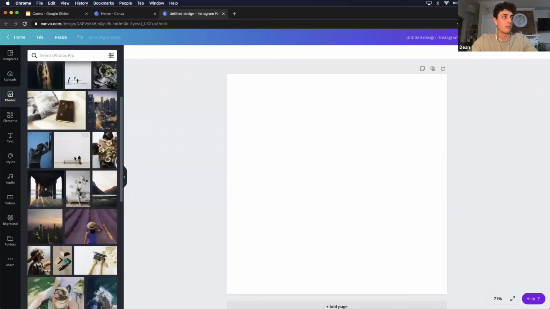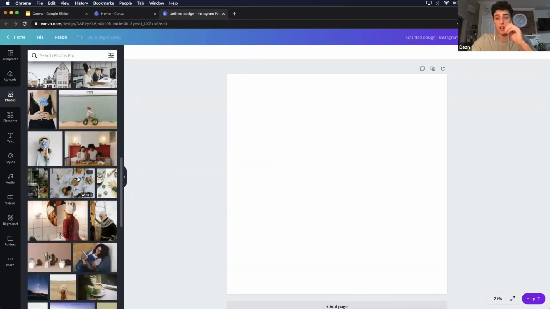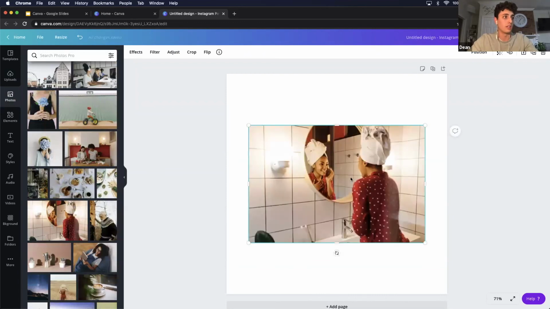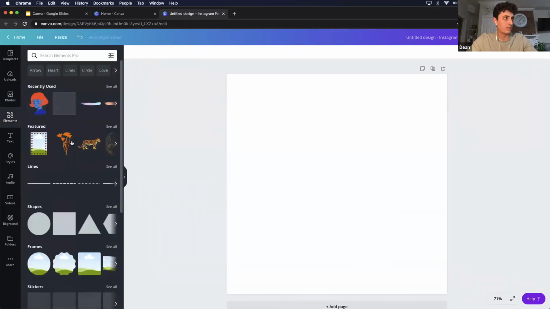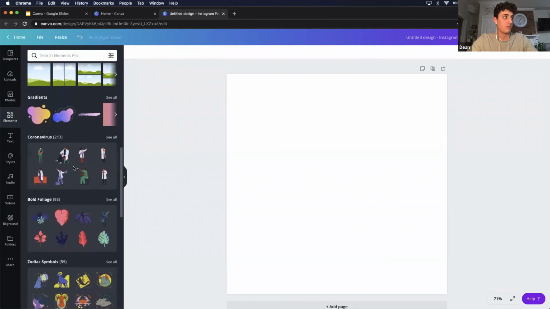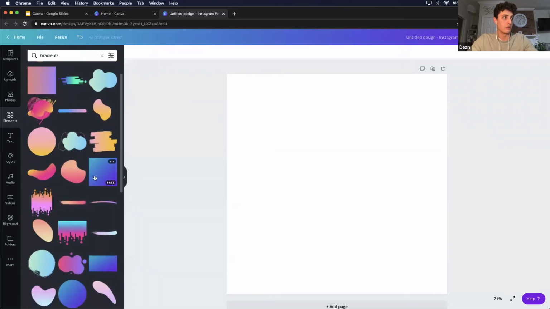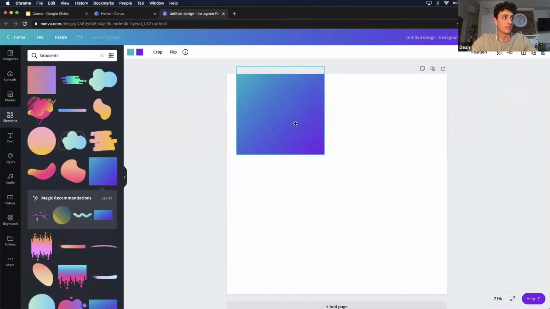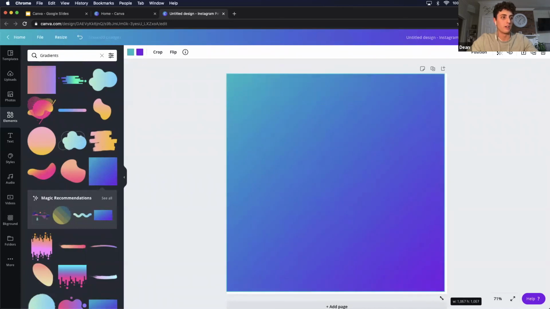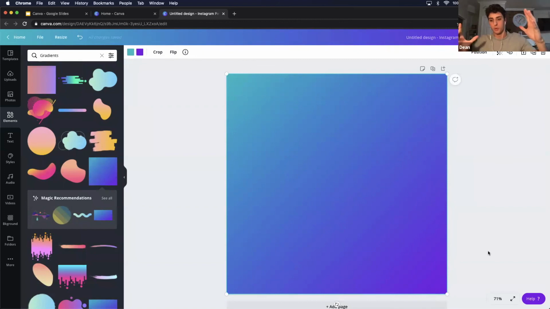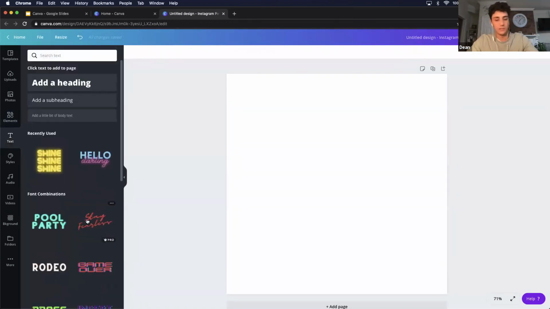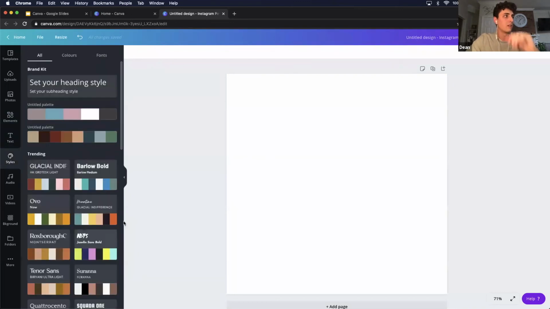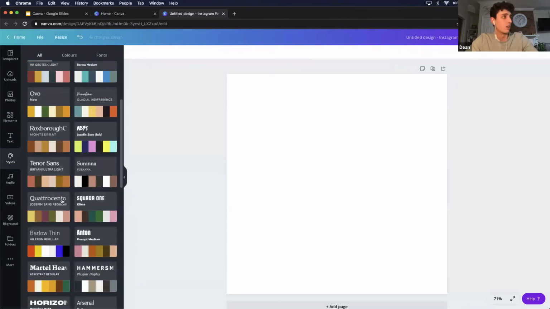Photos, Canva's got an amazing variety of stock photos that you can choose from. You can just pull anything that you want, do whatever you want to it, different effects and filters you could throw on them. Elements, this is one of my favorite places. If you might notice, gradients are used a lot with Zendrop. We love to use the classic square gradient, where we've got our sweet light purple into dark purple. Text, pretty self-explanatory. We'll take a deeper dive into that in a minute. Styles, this just gives you some good ideas for color palettes and hex codes.